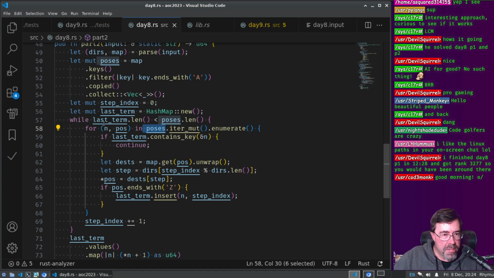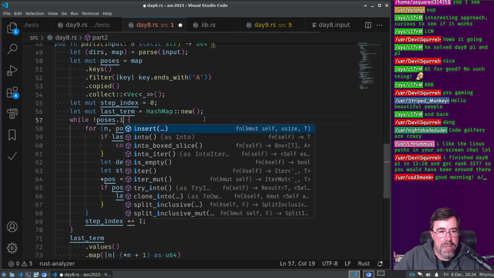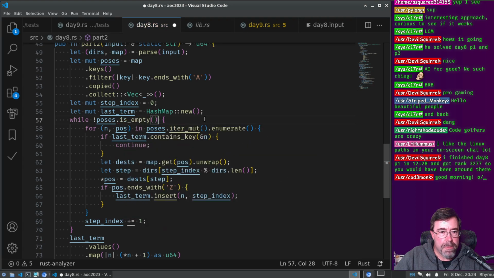So instead of doing these length comparisons, we can just say, well, the positions has something in it, right? So then this becomes while not positions is empty. Then instead of continuing,